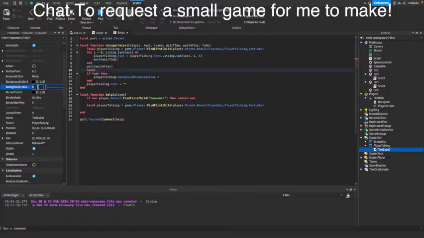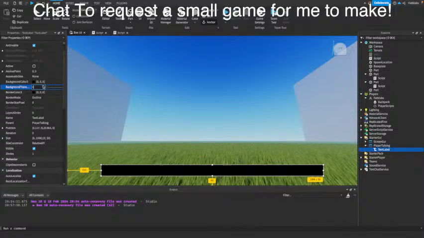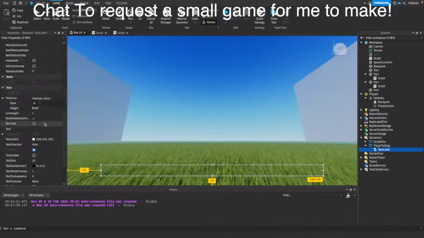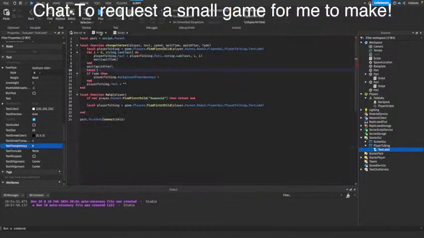This one should be... No. This one should already be 1, and then the text. It's... yes. Okay. This one should be 1, and the text transparency right here. Text transparency is what I should be looking for. Dot text label dot text